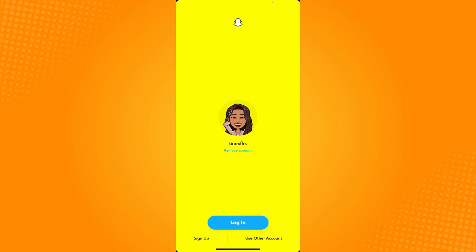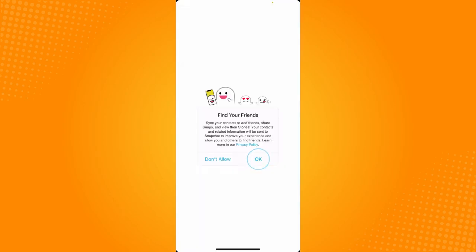After that, we are currently on the login page. To have multiple Snapchat accounts on one phone, just focus on these two buttons at the bottom part of the screen that say sign up or use other account. You can add an existing account, or you can also opt to create a new Snapchat account. If you want to create a new Snapchat account, just click on sign up right here